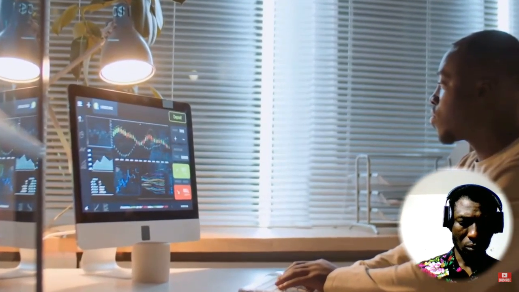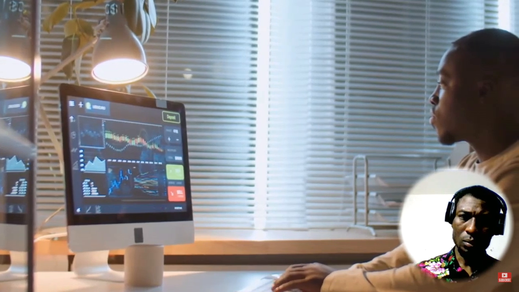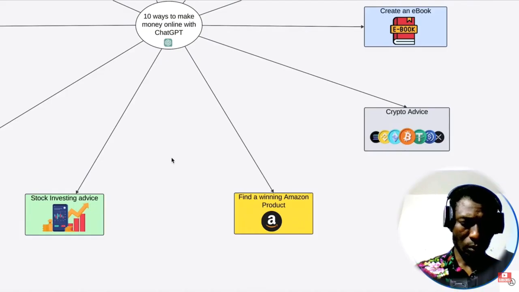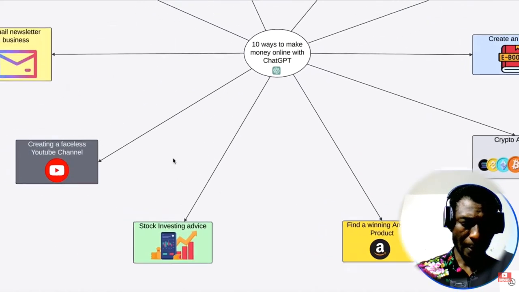And again, just for the record, I'm not saying that you should use ChatGPT when it comes to doing your financial research. Just a great way for you to get an understanding of how the financial markets work so that you can build on that knowledge and then implement what you've learned, as well as learning from other places as well. But this now brings me on to the 10th and final way that you can use ChatGPT that I'm going to talk about in this video,